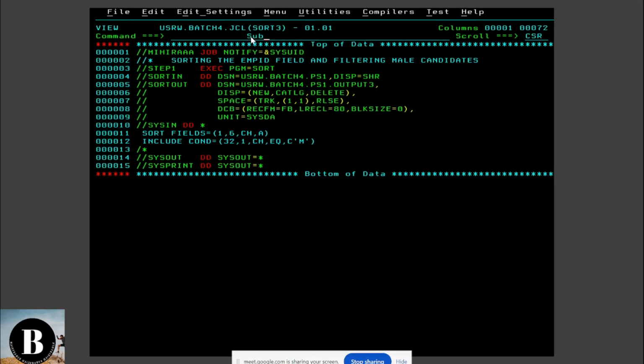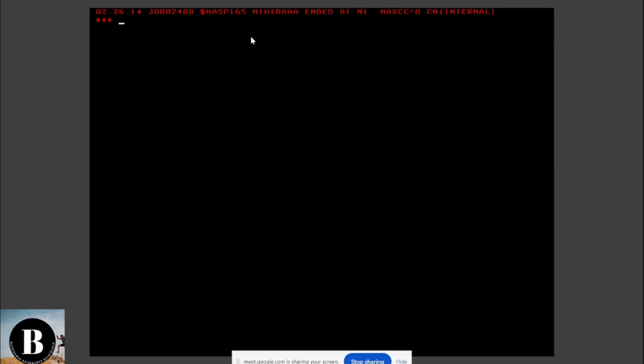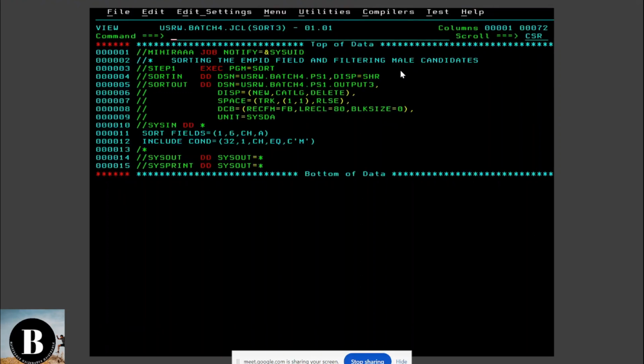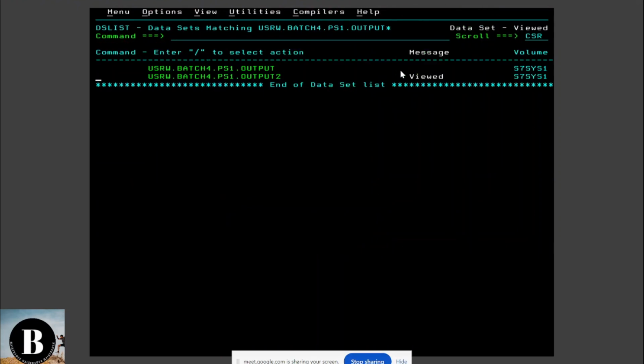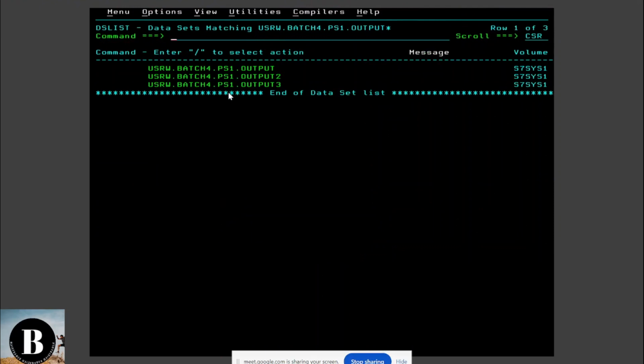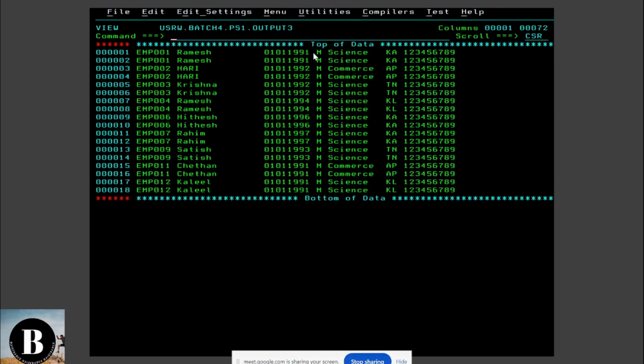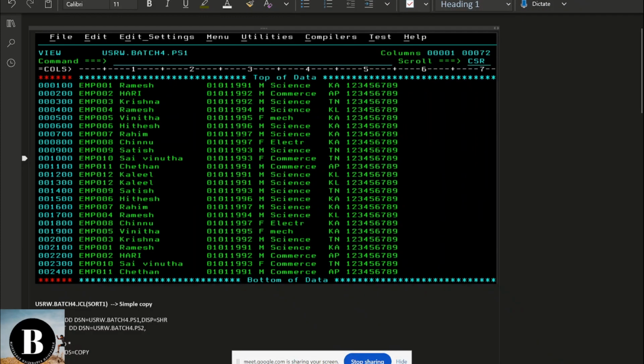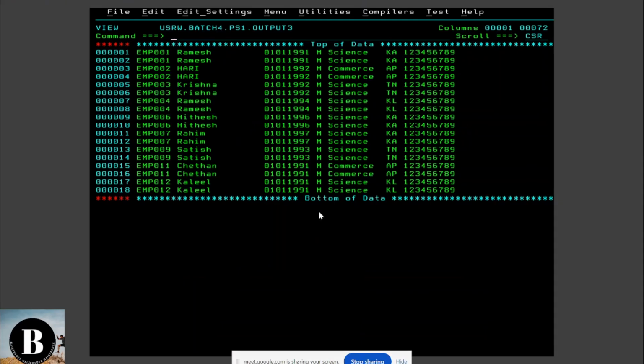Yeah, submitting it. So max is 0, it got executed. I will go back and refresh here. Let's see if we got an output file here or not. Yeah, we got output file 3. We'll view it. See, we got only male candidates, and that too in sorted order. Total we have 18. Total 6 female candidates were there in this PS file, so that got excluded now. Okay,